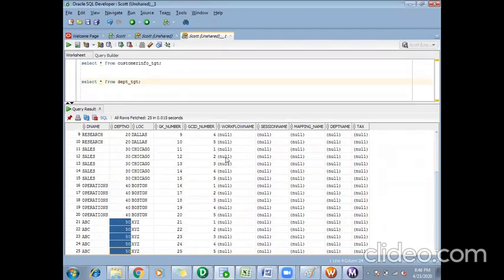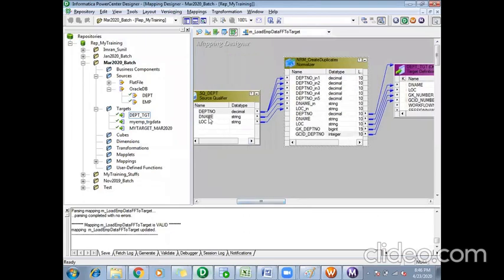So this is how I can generate the duplicates in Informatica using normalizer. How it generated the duplicates is, see this department name, I linked to the first department number underscore 1.